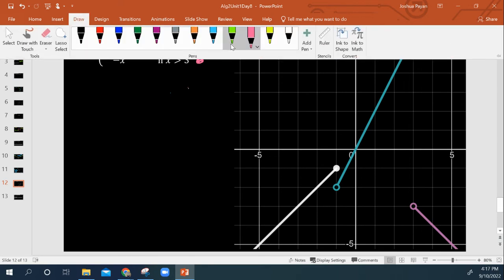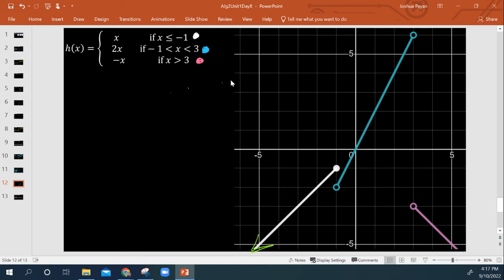Okay, so what does that mean for our domain and range, right? So I'll just use green. So obviously, when we're talking domain, starting on the left, our left bound is negative infinity, right? So we would say negative infinity is less than x, and we would continue until we got here to negative 1, right? But we see that negative 1 is still included in our domain. Even though it's not included there, it's included right here. That's why we have a filled dot right there. Okay, so we would say, let's just say it's continuous, right? Then it's continuous until